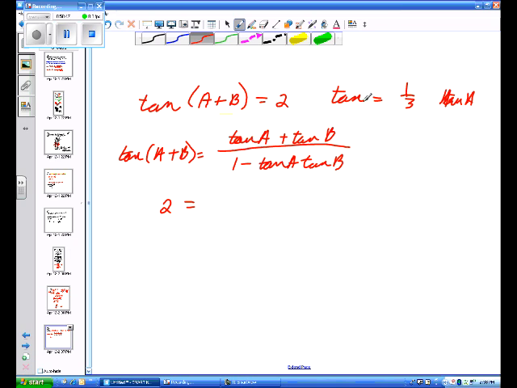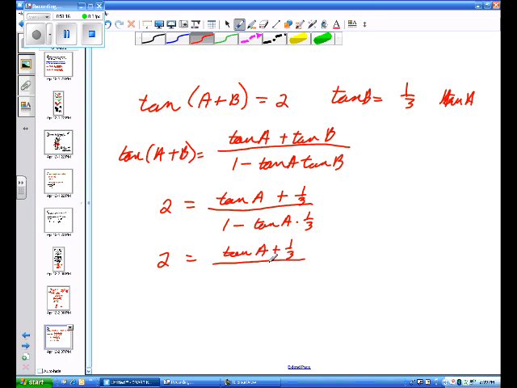We don't know the tangent of A. That's what we're trying to find. We know that the tangent of B is 1/3, over 1 minus the tangent of A times 1/3. Well, let's do a little simplifying here. This is 2 is equal to the tangent of A plus 1/3 over 1 minus 1/3 tangent A, or tangent A